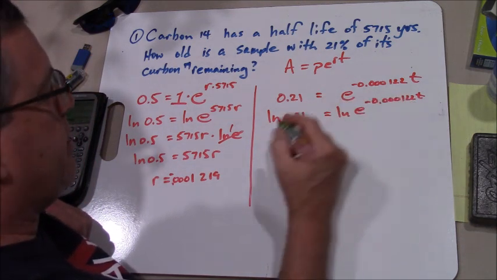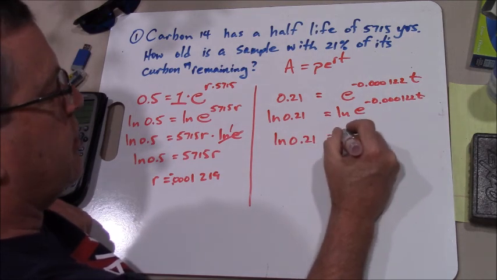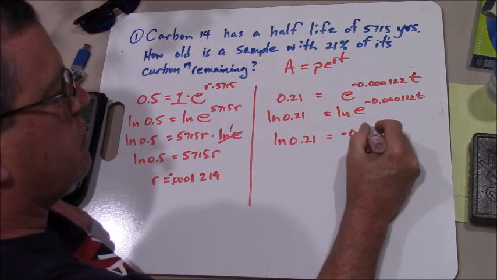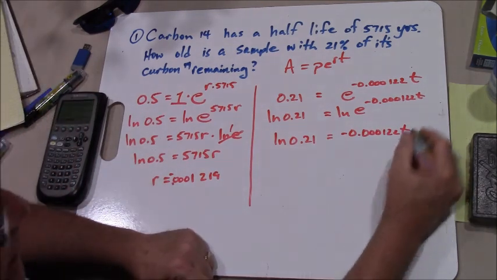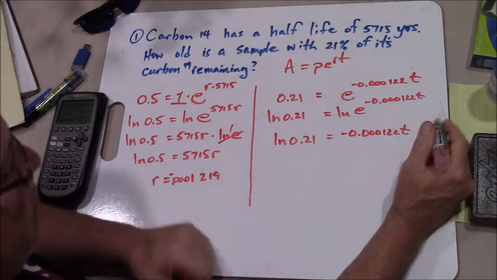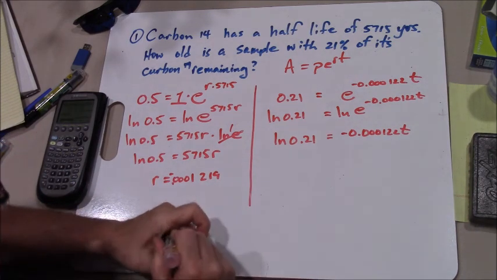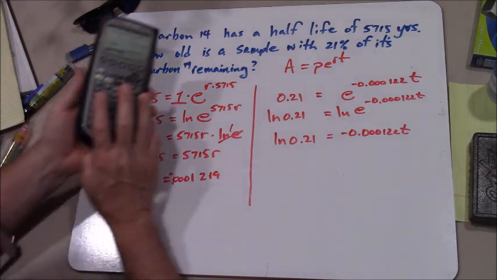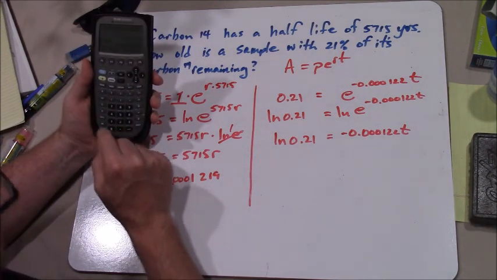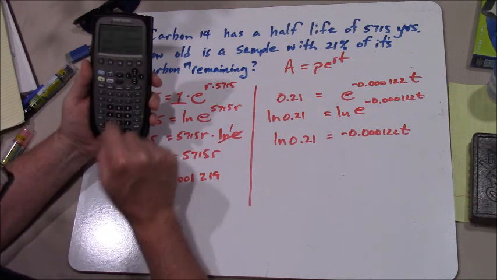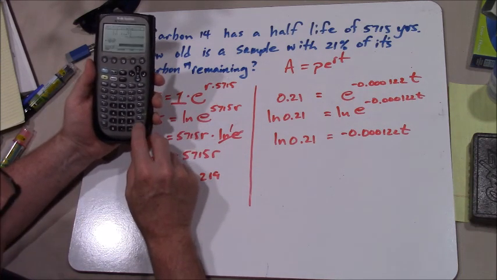So now I bring that down in front, and I've got natural log of 0.21 equals a negative 0.000122t times the natural log of e, which is just 1. I won't write that down. So now I just got to move this number over and divide. And so I've got natural log of 0.21 divided by, I'm going to use last answer,